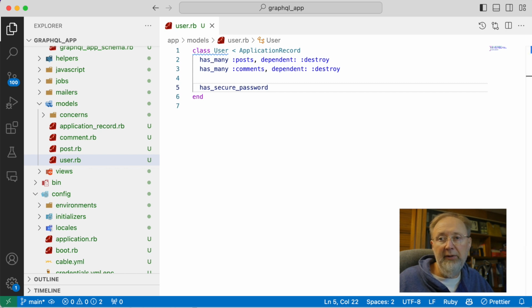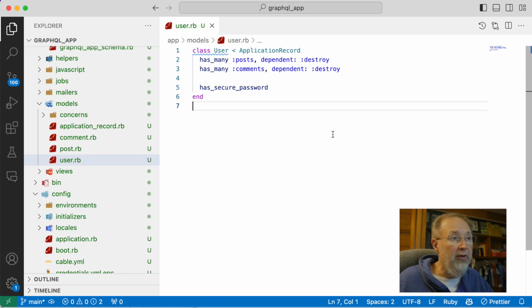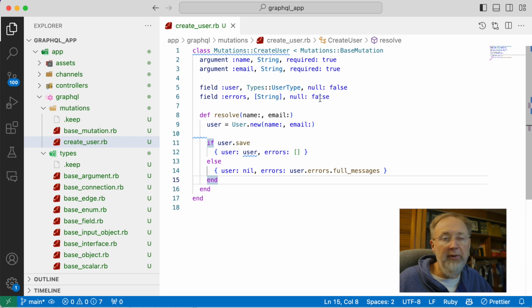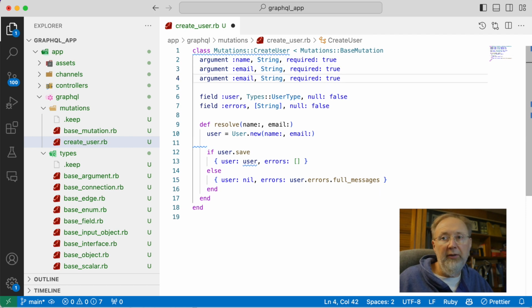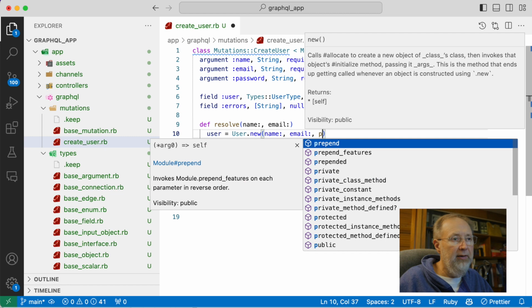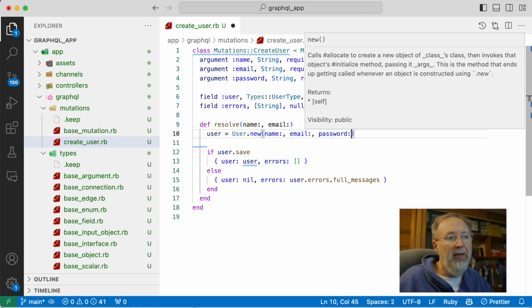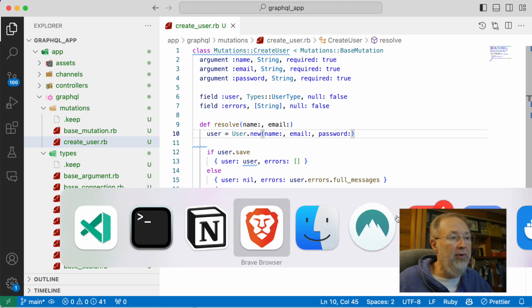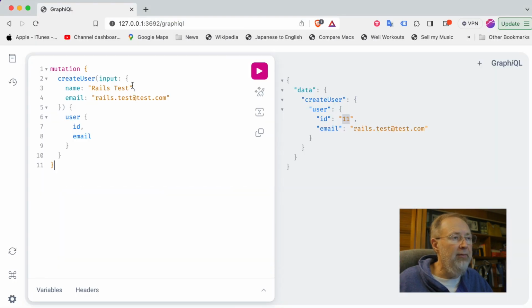So now we want to change our create user, right? Because we're going to pass in a password. So we need an argument of password, and we're going to create the user with the password. That's all we need to do. That is done. So now we should be able to create a password test account, password test,